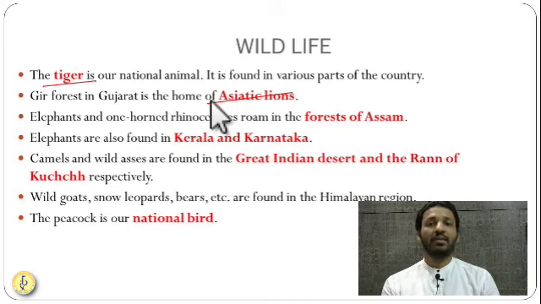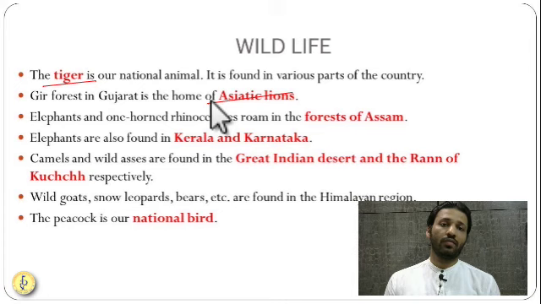Then there are animals in the desert, like wild asses, which are found in the Gujarat Kutch plain. Great Indian bustard is a very rare bird which is found in the state of Rajasthan, in the Desert National Park. In the Himalayan regions you will find Himalayan leopards.